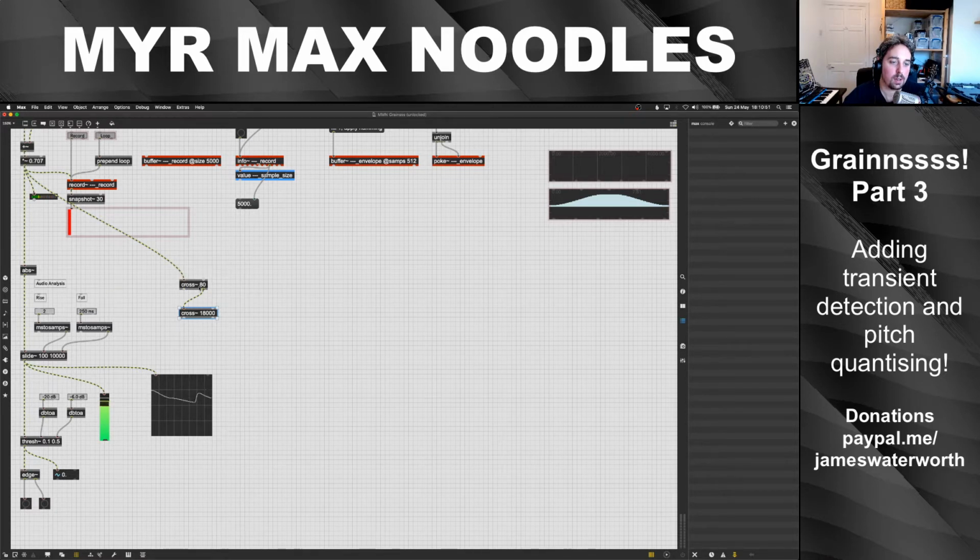So it's anything lower than 80 Hz comes out here, anything higher comes out here. So we're carrying on, we've effectively filtered off everything below 80. We're coming into another crossover object, and now this one's crossing over at 18,000, so near the top range of human hearing. Anything lower than that comes out here, so that's going to be our usable signal. Anything above that comes out the right, so we're going to get rid of that as well. So what we should be able to do in theory,